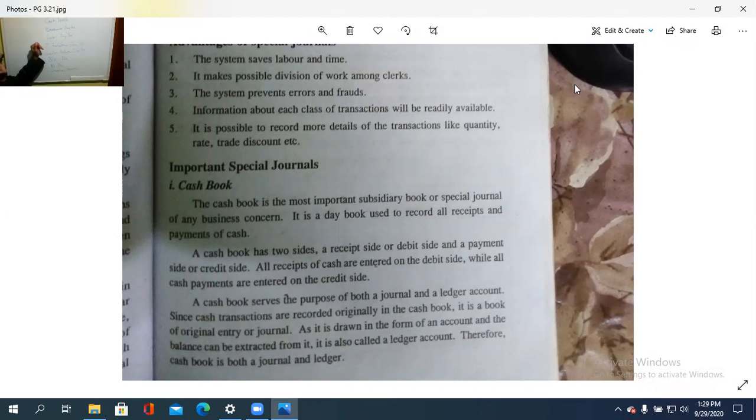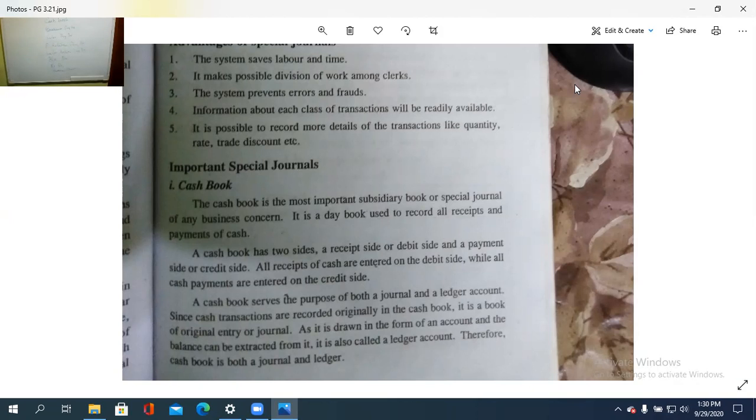Purchase returns means what? Whatever the purchasing, if it is anything returned back, that is to be coming in purchase returns book. It's like the same sales returns. Whatever the sales done, if there is any item returned back, that is to be comes under sales returns book. Bills receivable, that is for credit basis we are giving. Okay, bills receiving. So that is the bills receivable book, and opposite is bills payable book and the journal proper itself. In the cash book, there is another called petty cash book.